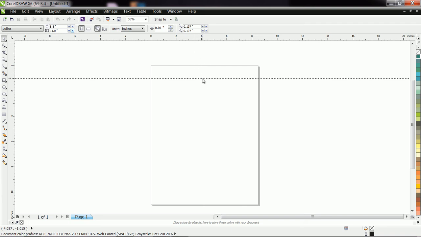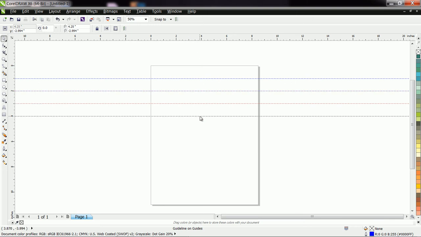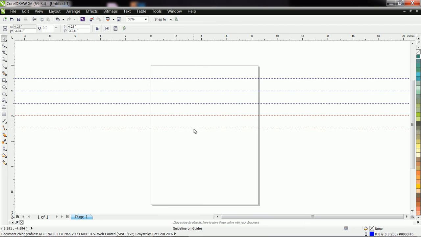The first one is at 1 inch, then there is 2, then 3, then 4, 5. Like this you can also drag vertical lines if you want to draw a straight line within a scale, or if you want to draw an object within a scale.